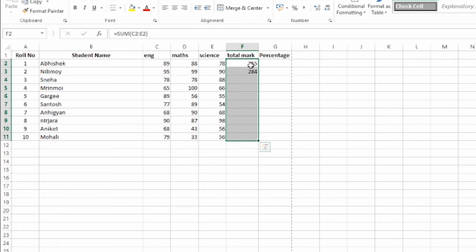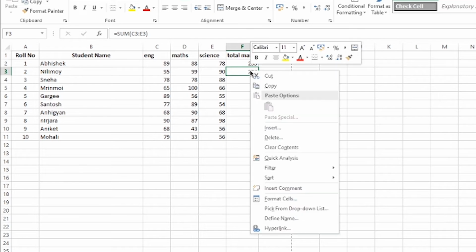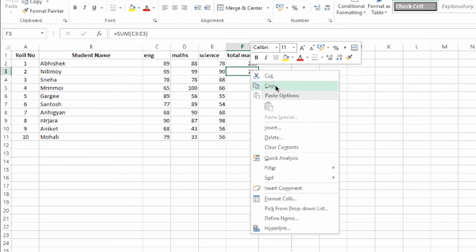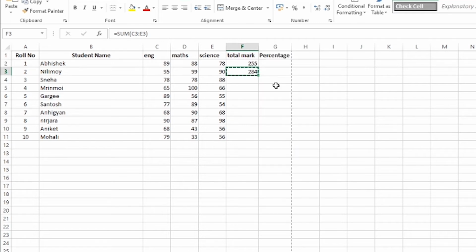So that is why what we will do here is right click on this one, then you will get this menu. Then you select copy, and after that you will paste it here.